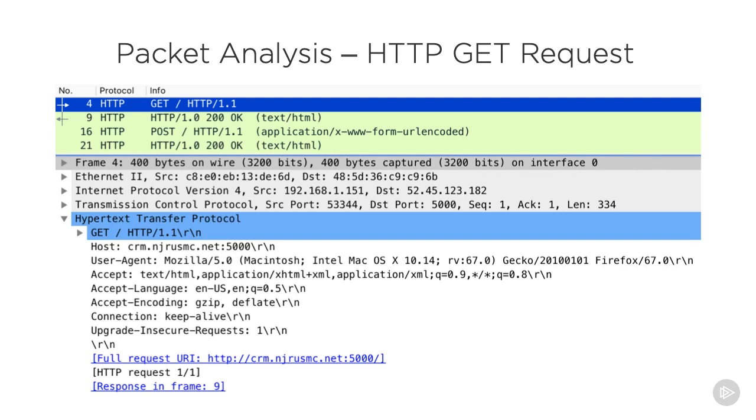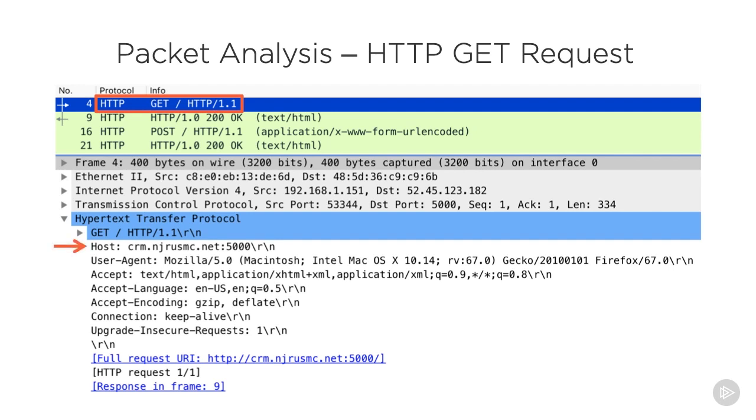This is a packet capture of the GET request between my laptop and the CRM app. These images come from a protocol analyzer called Wireshark. I'm ignoring all of the networking details here because they aren't relevant, but we can see the protocol is HTTP and that we issue a GET request to the / URL. That just means the topmost resource.